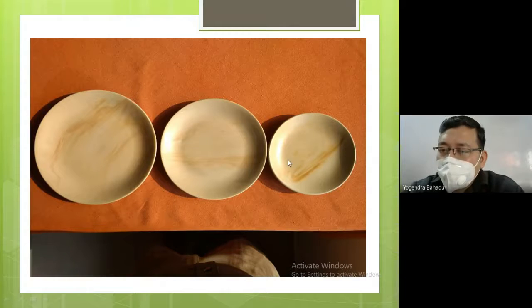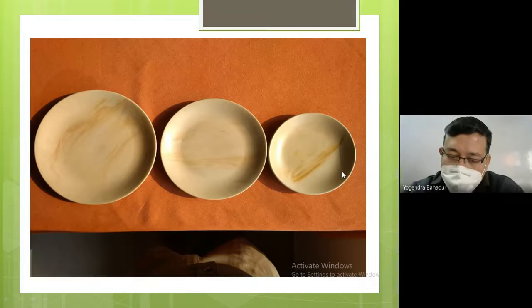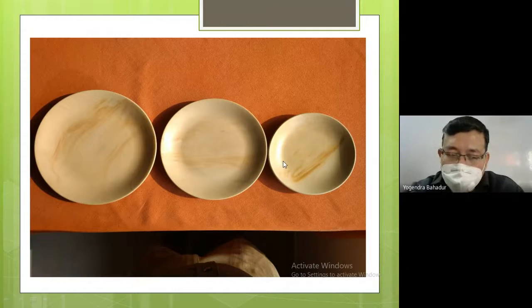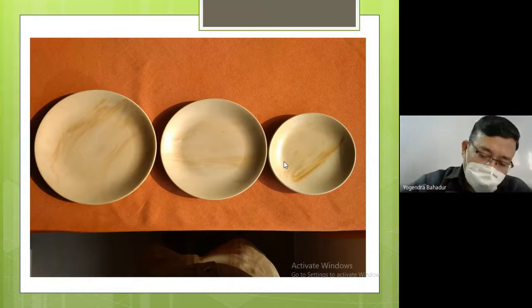Just on the right hand side, you will find this particular plate has three names associated with it. It is also called the side plate. As far as its dimension is concerned, it is 6 inch in diameter. The other name of this plate is quarter plate. Quarter means 1/4. And the third term associated with it is the B&B plate, where B&B stands for bread and butter.